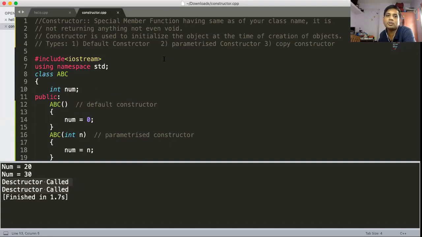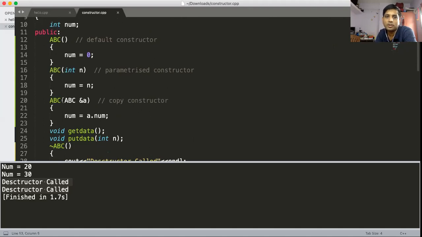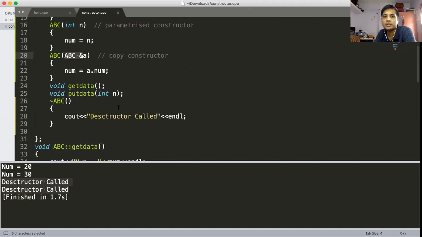A default constructor does not take any argument. A parameterized constructor takes a minimum of one argument. A copy constructor takes a reference to an object of the same class.